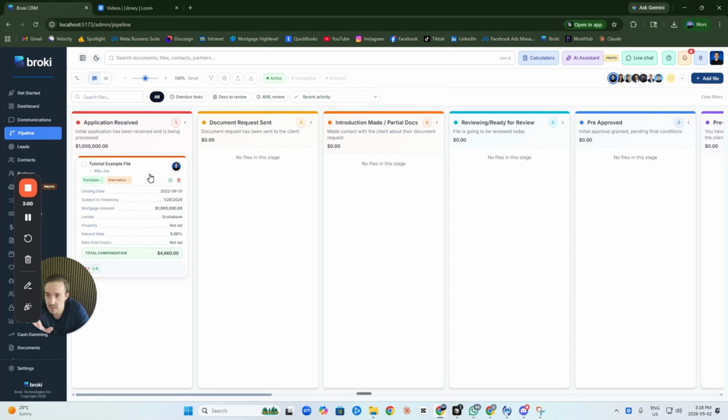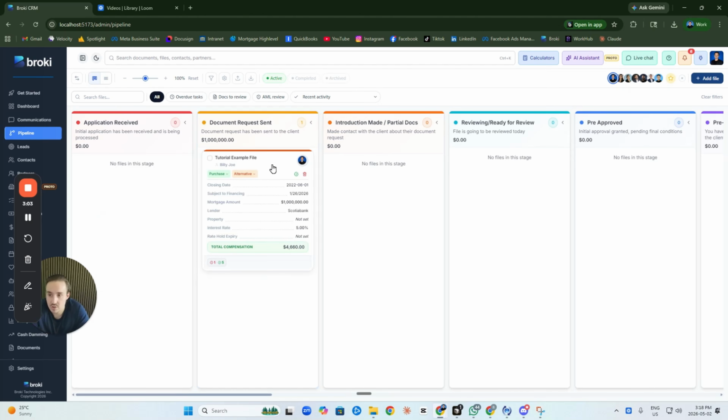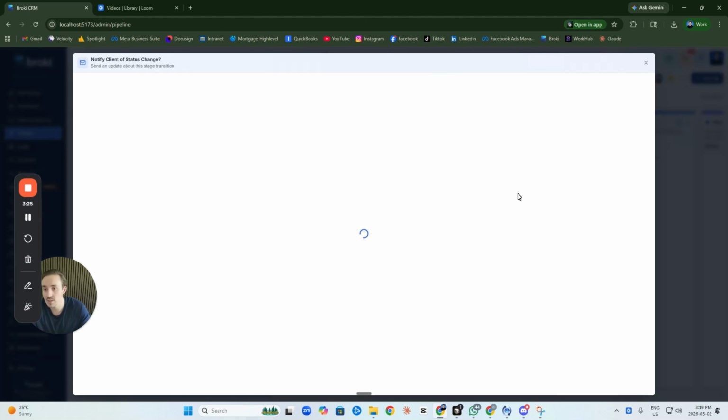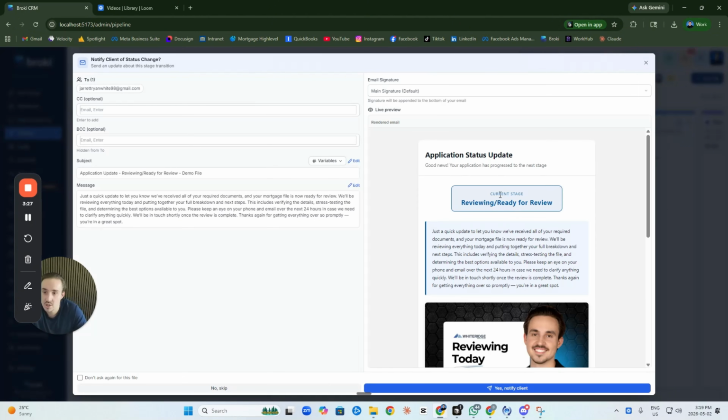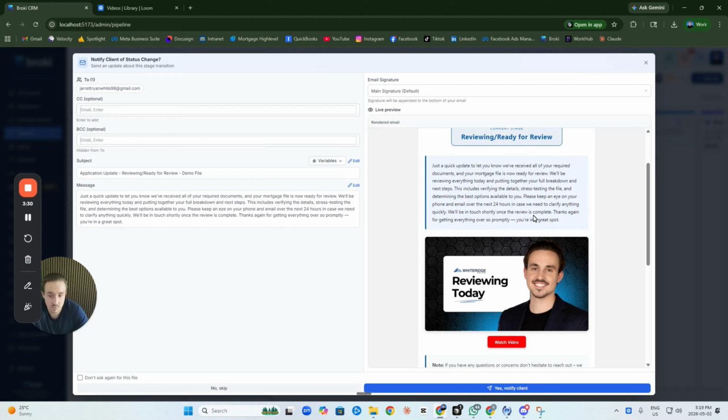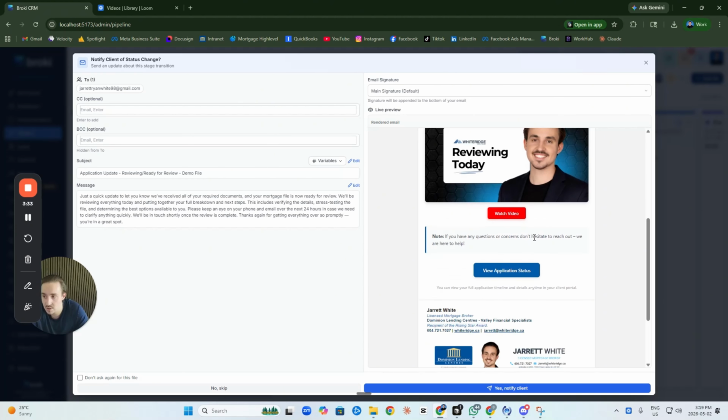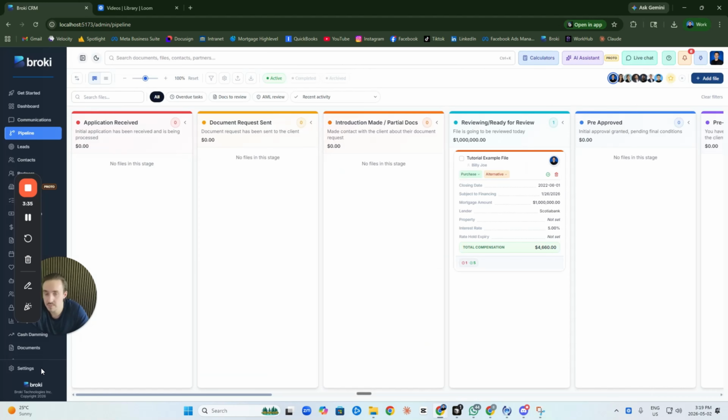When you want to move it to the next stage, you're simply going to drag and drop it to the next stage. Now, there are actually custom milestones that are built into the pipeline, meaning if you want to send your client a video just explaining what this next step in the process is, we actually have that built right in. Now, I did have it disabled for this stage, but I have one for ready to review. Now, if I drop it in here, it's going to have a pop-up that says notify client of status change, and I have my full outline of what it means when it's in this stage, plus I even attached a video to do so. Now, if you want to set those up, just go to settings in the bottom right corner,